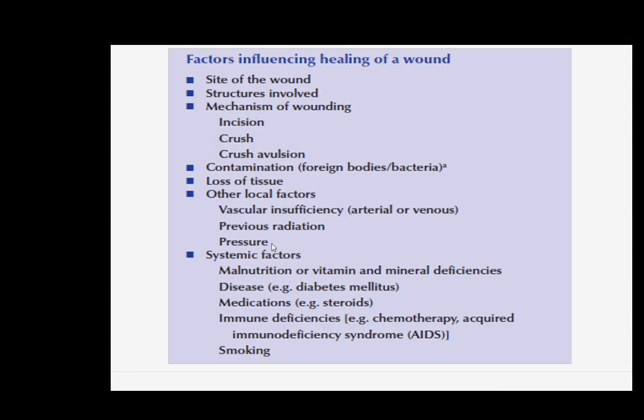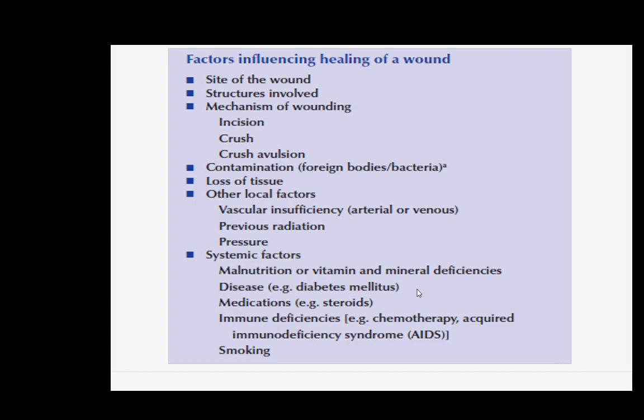Pressure-bearing areas prevent the natural process of healing, and therefore the healing is retarded. Then you have a whole lot of systemic factors like malnutrition, vitamin or mineral deficiencies, and most important, of course, is the systemic disease of diabetes mellitus. Diabetes mellitus, as we know, affects to a large extent the process of wound healing, including it affects your cell-mediated immunity. And that is the reason why diabetes mellitus is in the news so much today in this COVID scenario, because